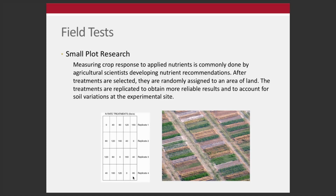Growers, we take the approach that we like both pieces of information, but farmers are often much more likely to believe research that comes from large strip trials, and especially research that comes from their own farm or a neighbor's farm or a farm in their county, someplace close or local, instead of some faraway place where trials were run. So, anyways, there's a whole social dimension to that we could get into,